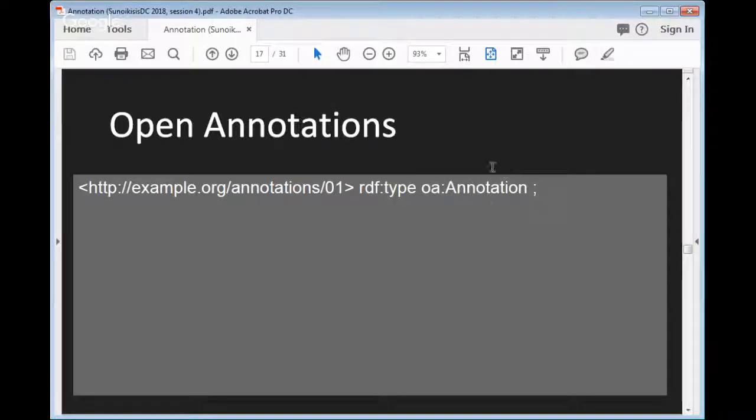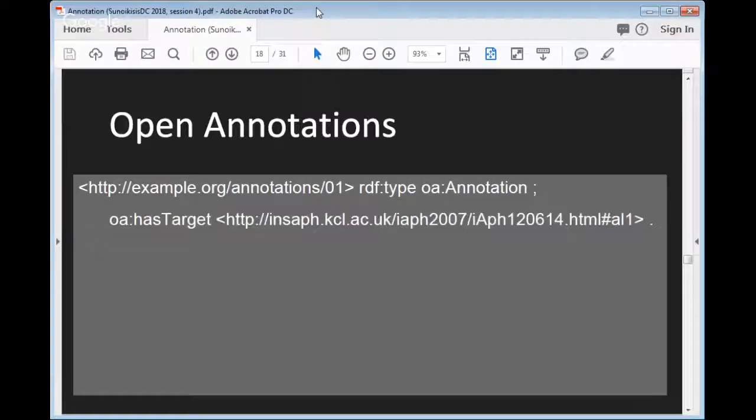They have an entity in this language called annotation. So what we're saying is this URI is an annotation. Okay, and you can create any number of these annotations. Once you create an annotation, you can then start saying other things about this annotation by using this URI here to communicate that. So we then say this URI is an annotation.